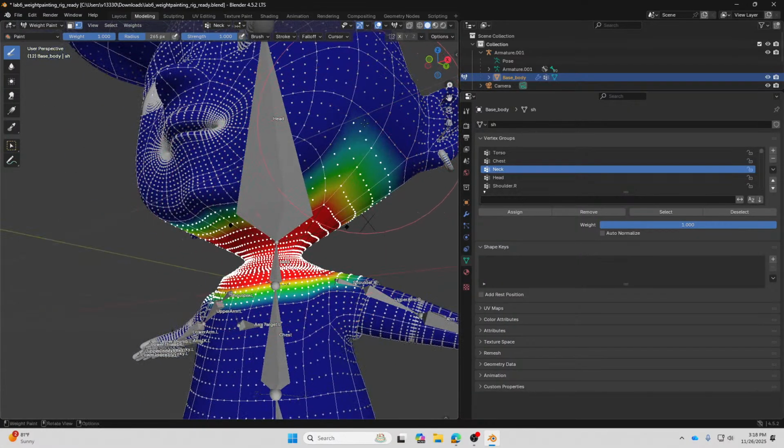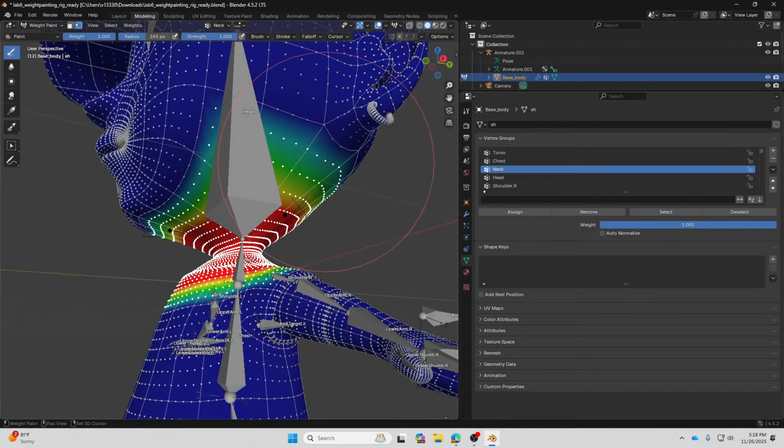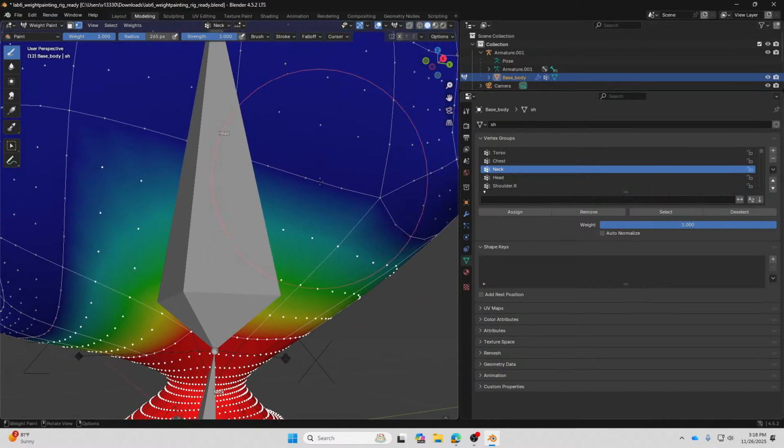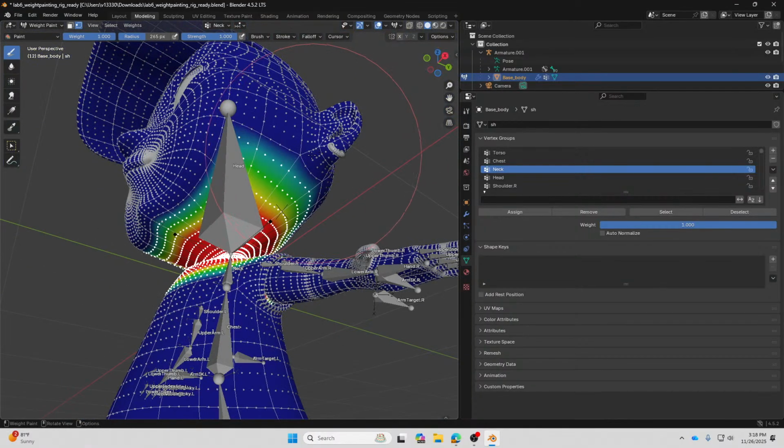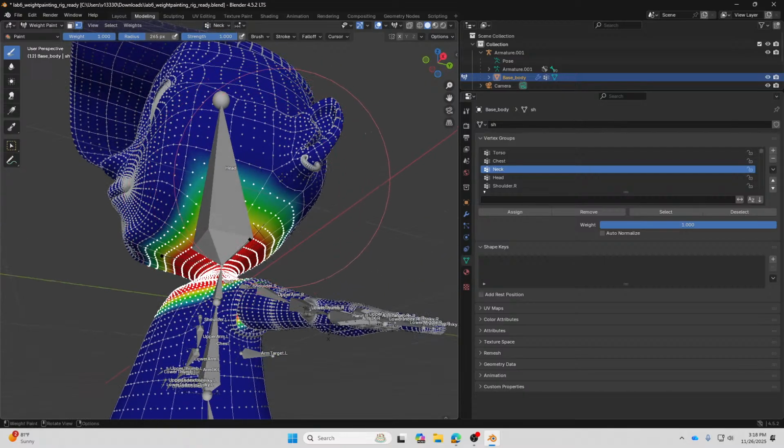As I assign the value of 1 to all this geometry, automatically Blender is going to give a median value to this geometry, which is basically the red color in the head, because in the position of joints or transition between one part of the body to another, you need both bones exercising influence on that particular area, so that when you move the arm, for example, on the elbows or the head over here, it doesn't cause a mesh deformation over there, basically.